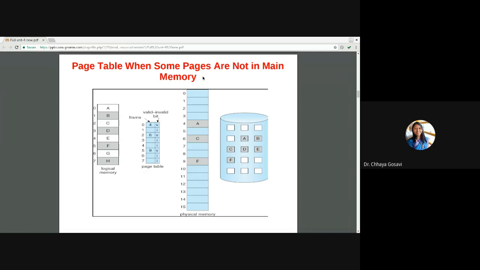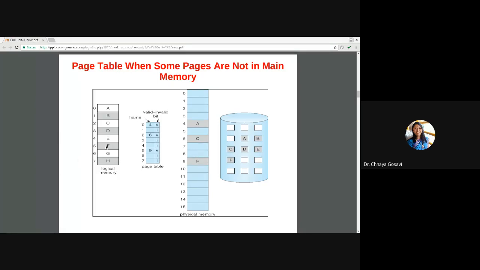Now, suppose we apply some algorithm and we find that page number F is not going to be used, so this is the victim page. We have to swap this page to the backstore. First step is find this victim page, then move this page to backstore, and then make this bit invalid.